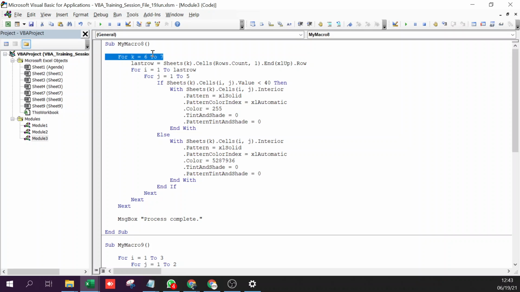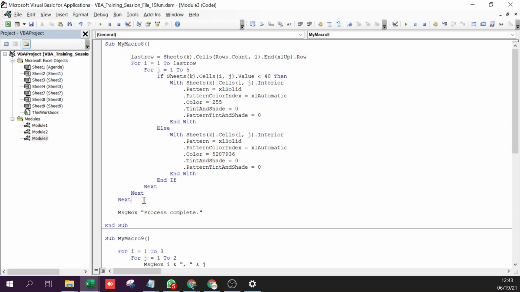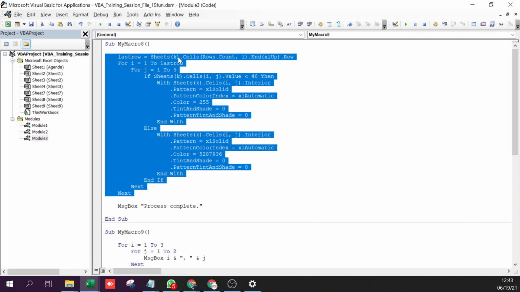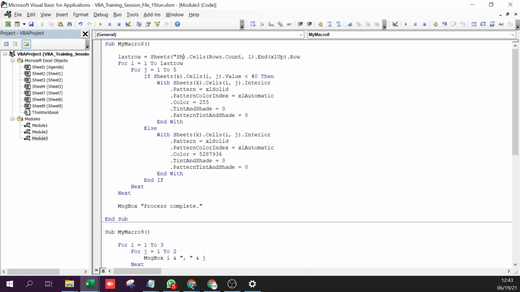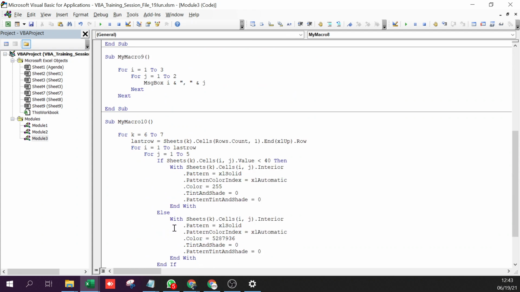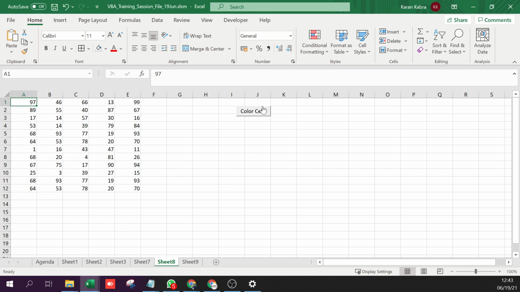I'll remove this from here so that I can share the sheet with you guys and you'll know. Yeah, so now my macro 10 is what we have to run.